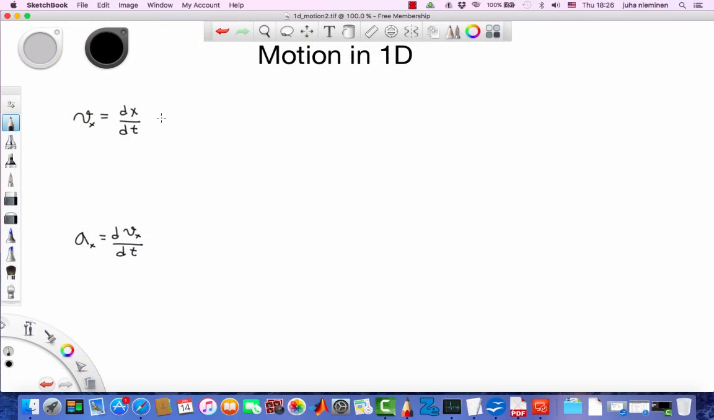Here I have recapped the two important results we got previously, and let's see what we can do with this. So let's start with the definition of velocity. That is a derivative of displacement with respect to time. So let's go on and integrate this whole thing. In order to do that, we have to separate the dt or the d term. So we'll move the dt to the other side first,